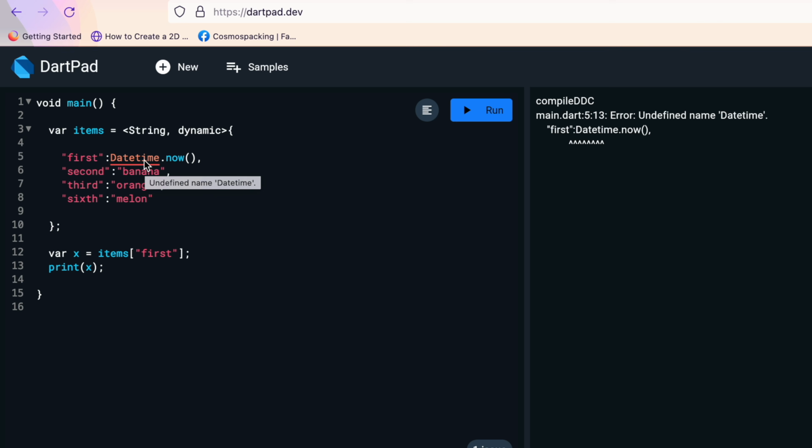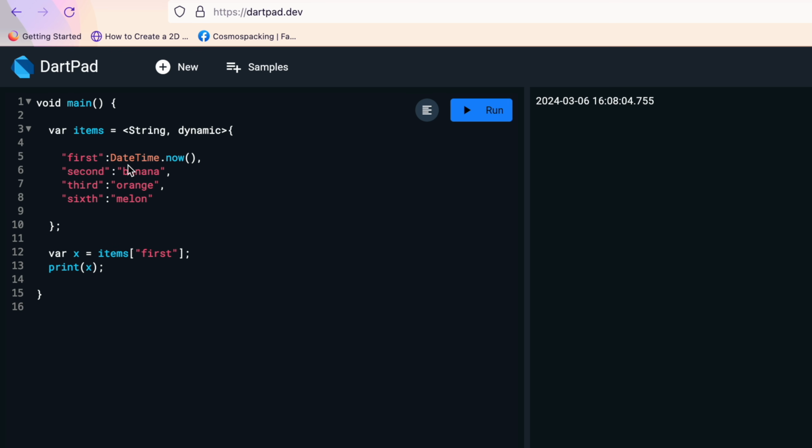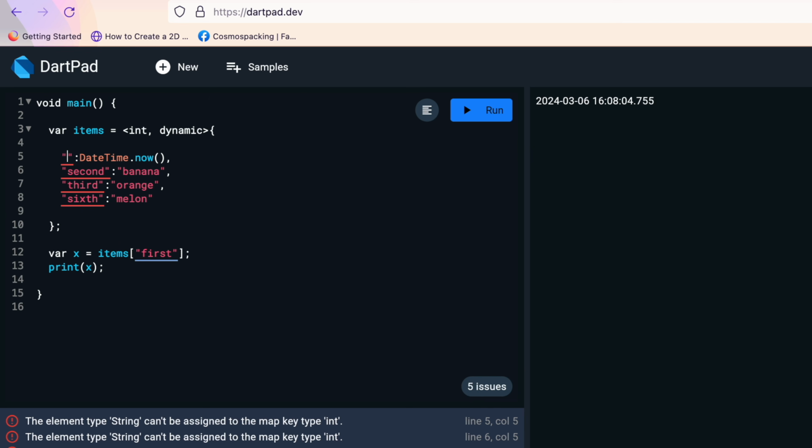Let's see what's going on. DateTime, I think that should be a capital T. Let's run it, and definitely it works. So this is one way to create a map. Of course the recommended way is if you know exactly the type. If you're not sure about the type, you can do string and dynamic, and if you still don't know that one, you can just remove everything from here, which is going to work better. But of course if you want, you can also do int over here. Of course we are going to have errors, so let's do it like this, 0,